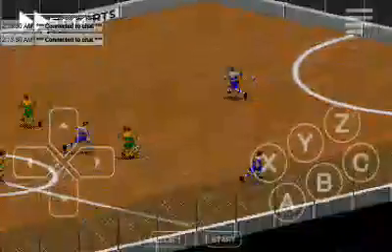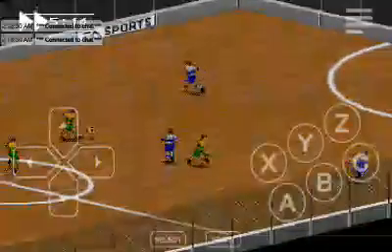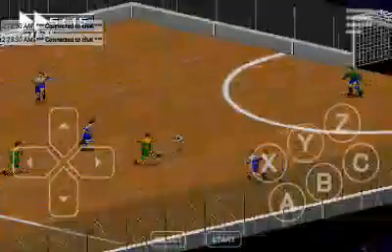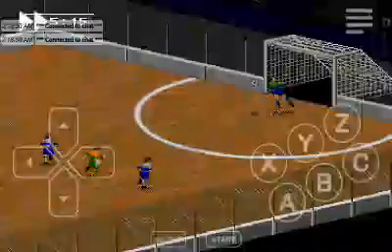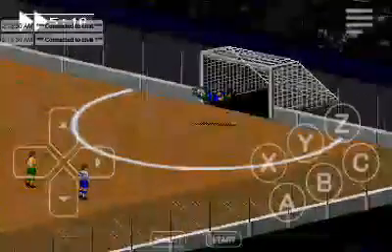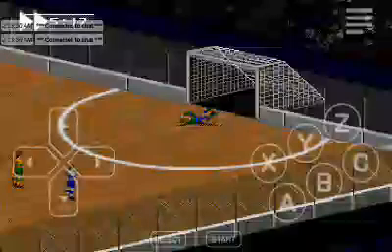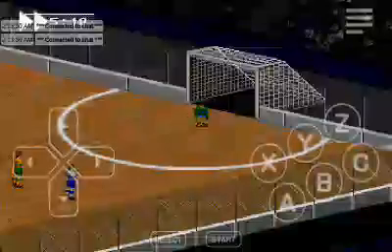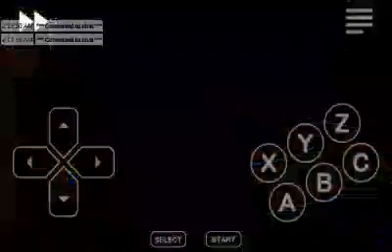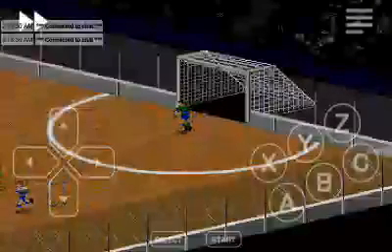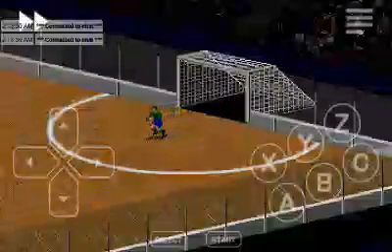And Dallas pushes forward into the offensive line. They shoot. Oh, and it is a stop there, made by Vancouver's goalkeeper. It was a definitely good triangulation.